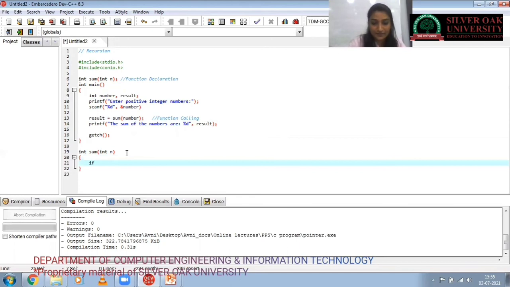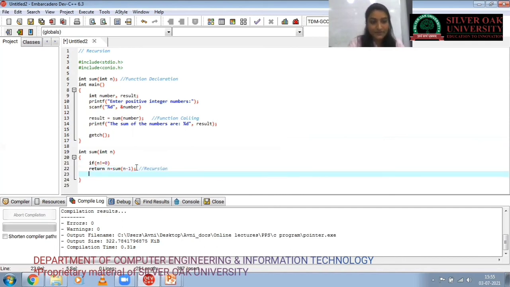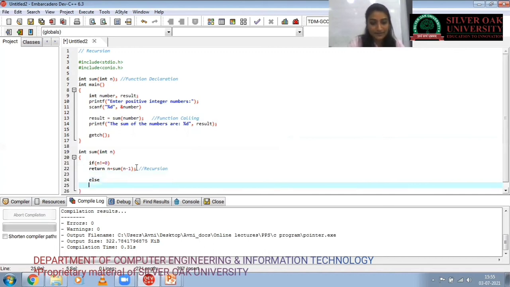If n is not equal to 0, then it will return n plus sum of n minus 1. This is the recursion here. Else, if the condition is false, it will return n.